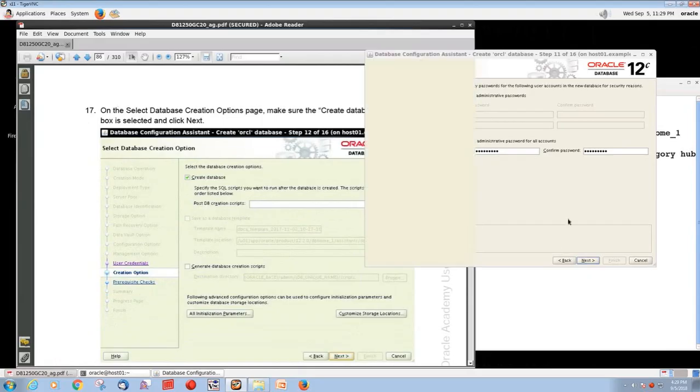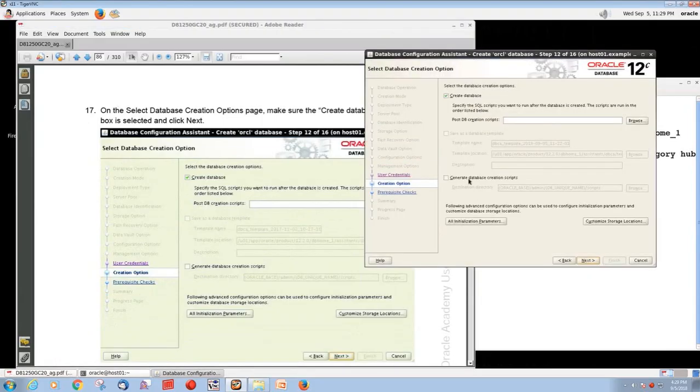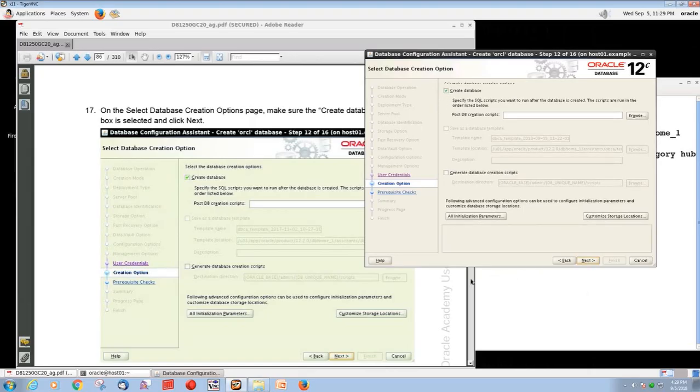And step number 17, we have a create database option. You also have other options as well. You can generate a database creation script based on the information you entered. You can also customize the storage location. You may want to change init parameter settings. And since this practice is to create a database, I will click next